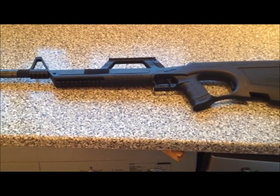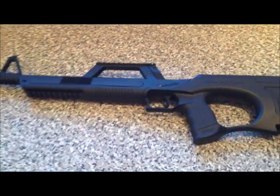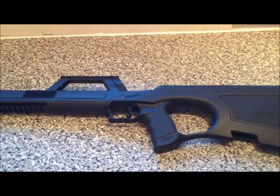Okay guys, so everybody knows that the G22 has a pretty bad trigger. I purchased it with modifying the trigger in mind. I'm going to show you what the problem is with the trigger. So first of all,